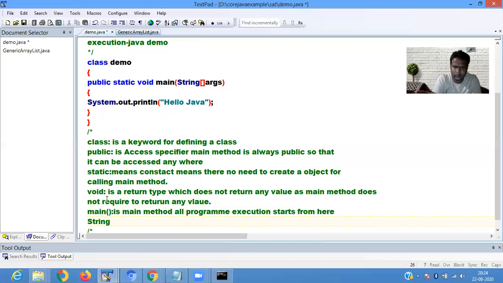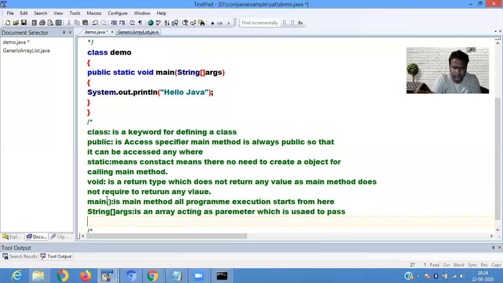String args is an array acting as a parameter, which is used to pass and receive data.